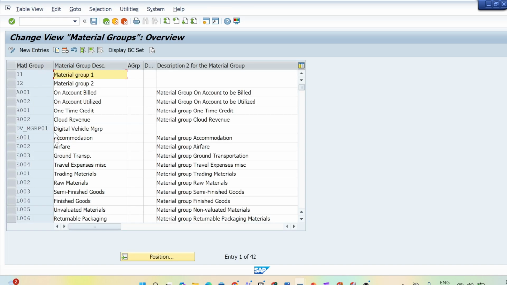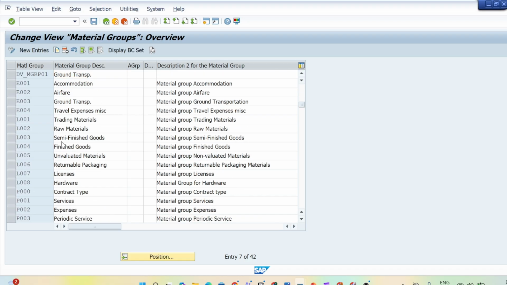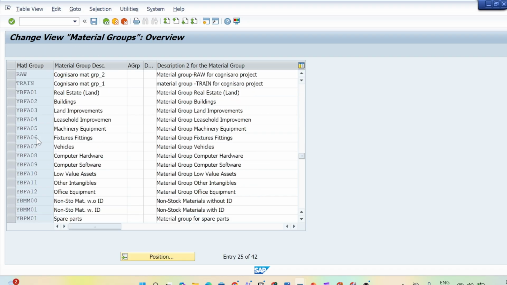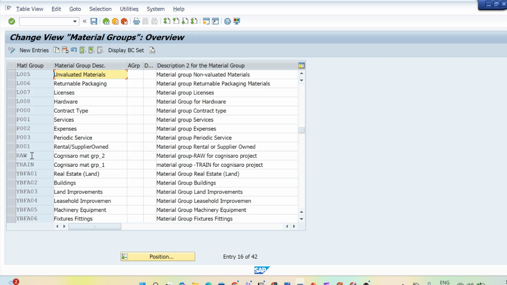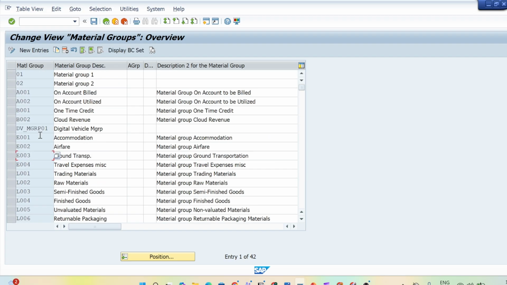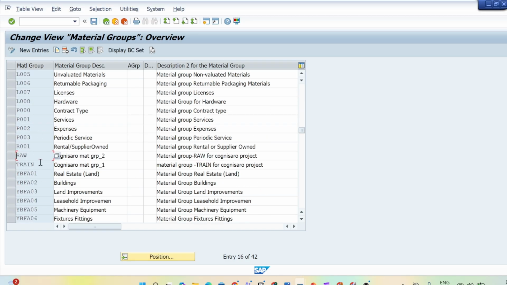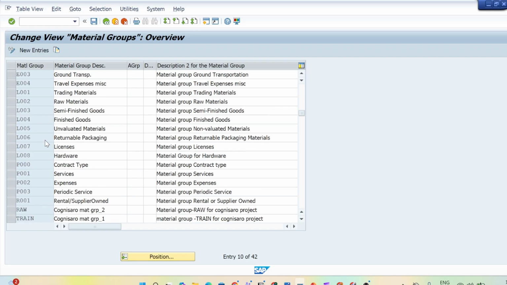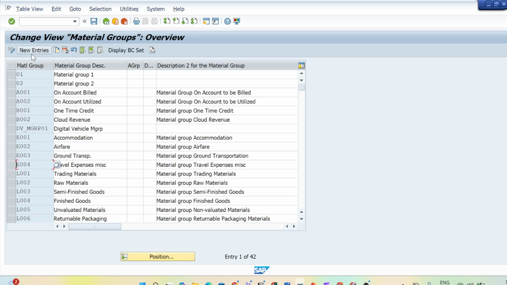Here you can see we have already configured two material groups. One is RAW, another one is TRAIN. Let me configure a new material group.